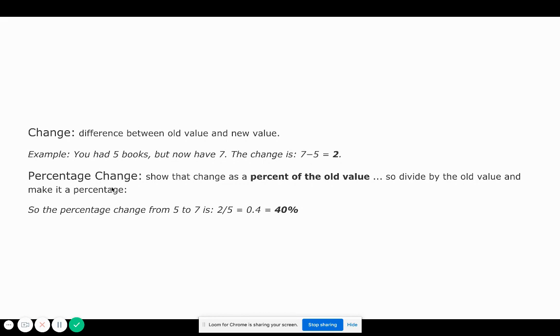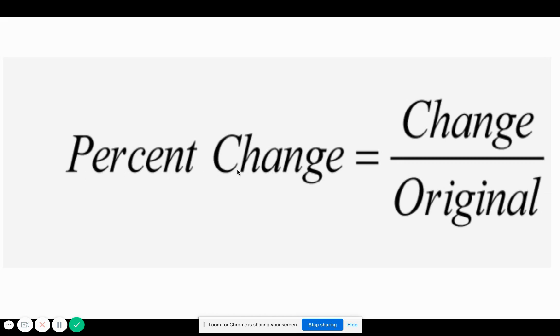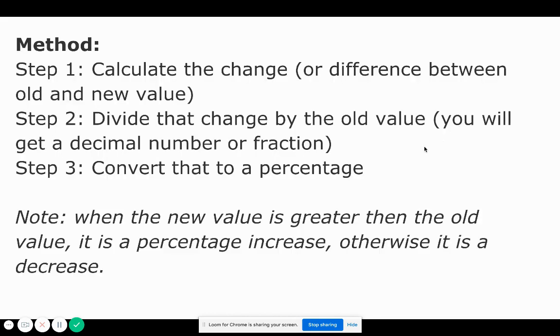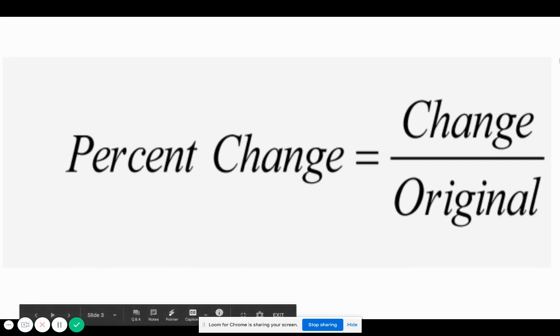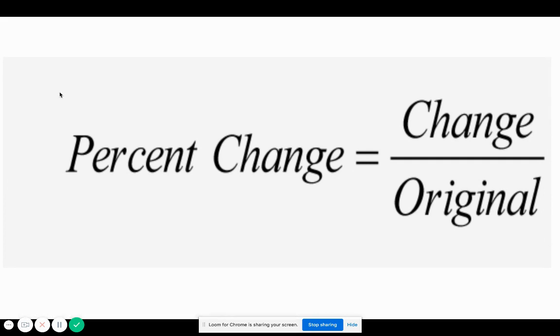Then what is percentage change? Percentage change is, this change is shown as percent of the old value. Whatever starting value is there, the change is shown as a percentage of this. So we are going to compare the change with the old value. How does that look? So percent change is nothing but change compared to the original value. Now, please note this down in your notebooks. This will be helpful in the upcoming solving of the problems.